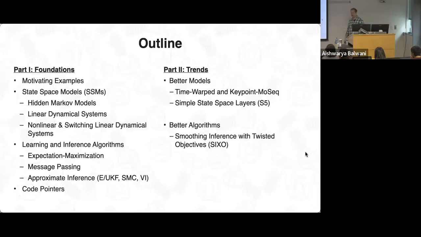There we go. Yesterday was more about the foundations of probabilistic state space models. So we covered some motivating examples and some of the textbook probabilistic state space models, the type of stuff that you can find in, I really like Kevin Murphy's textbook on probabilistic machine learning. And you'll find many chapters on HMMs and linear Gaussian dynamical systems, nonlinear models, switching linear models, all that type of stuff, as well as many of the algorithms that we talked about yesterday, or at least we started to talk about yesterday for performing parameter estimation, i.e. learning, and inference, i.e. state estimation in these types of models.